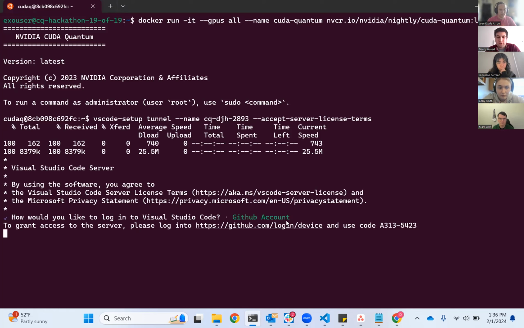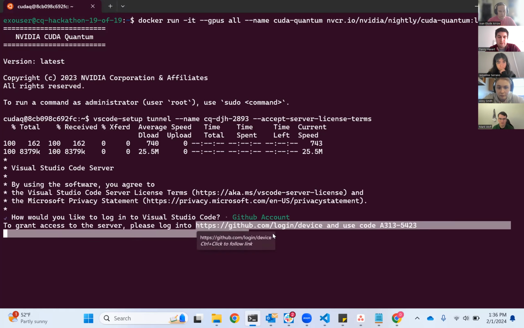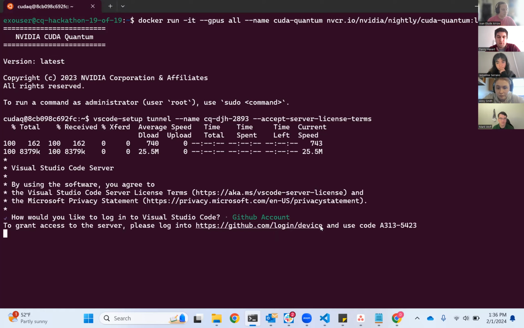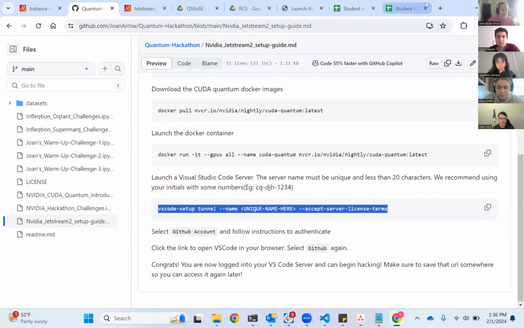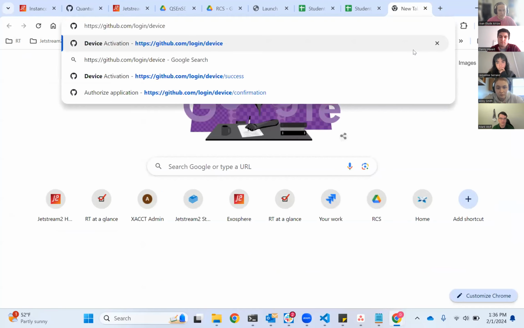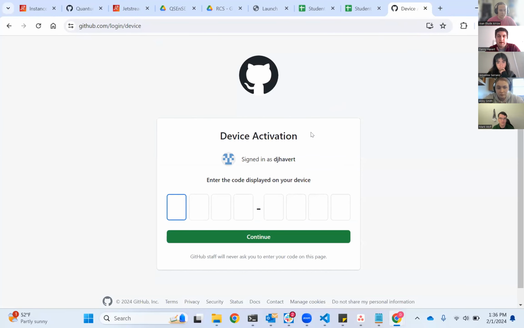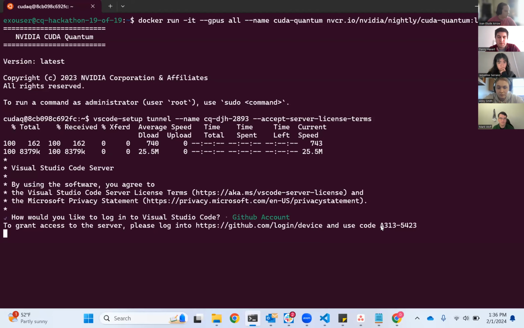So I'm going to open this, copy this here, and paste that into a browser. I have already logged into my GitHub on this browser, but you might have to log into your GitHub account here. And then copy that 8-digit code,